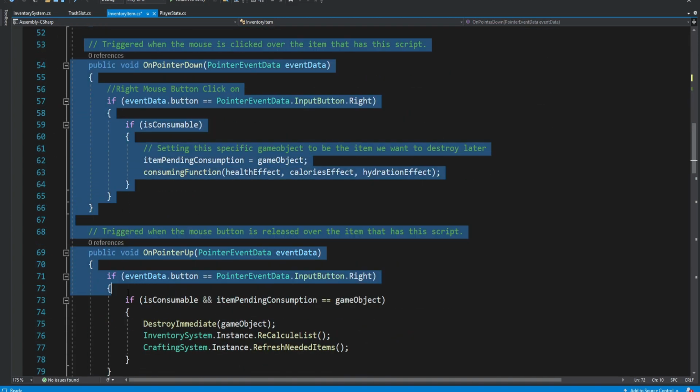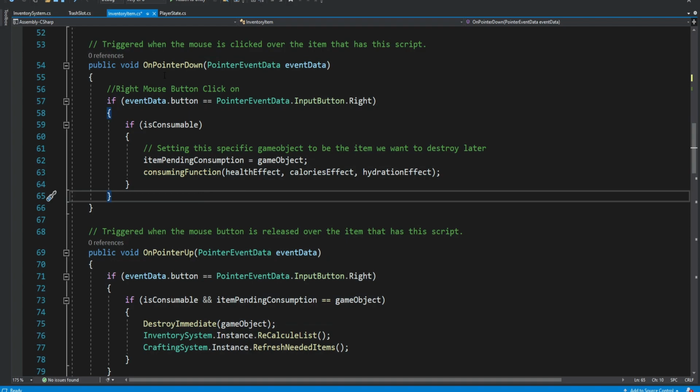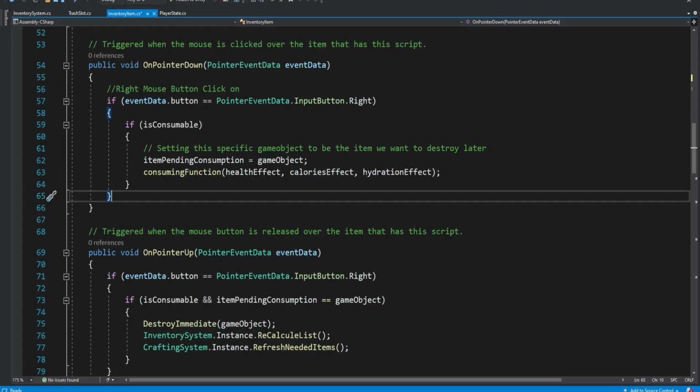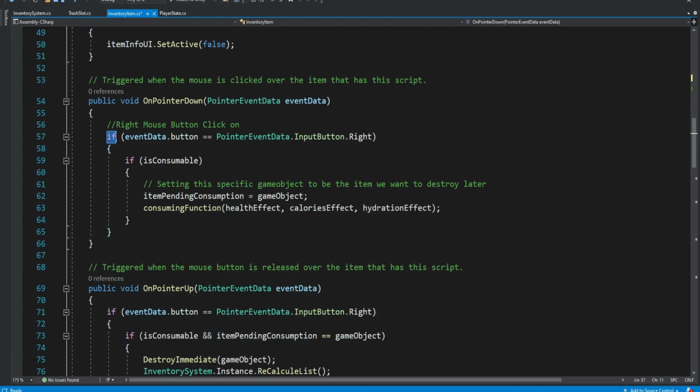And these are the two new methods. So on pointer down is when we click on the item, but we want to only allow a right click, right? Because usually it's a right click and then you can consume the item. So we're going to say if the event data button equals input button right, it means if we click with our right mouse button, then we need to do another check, and we're checking if this item is consumable,